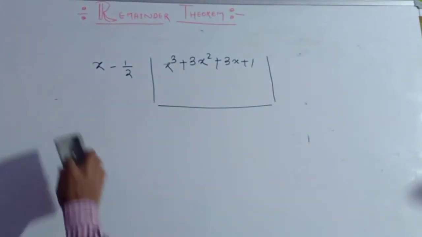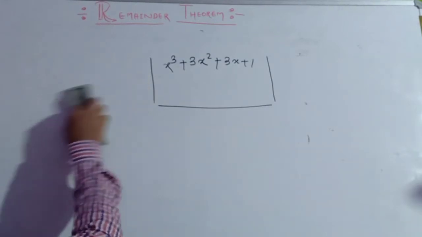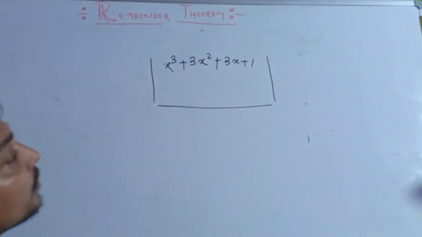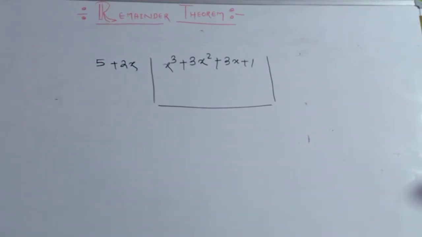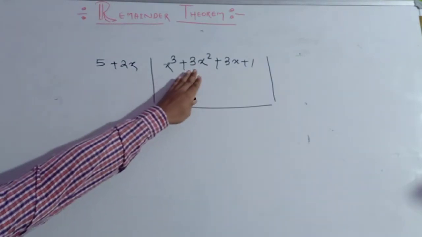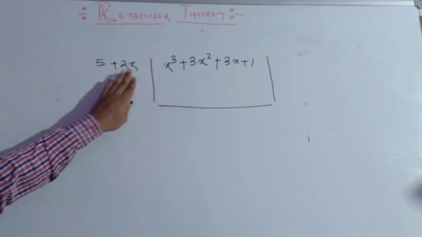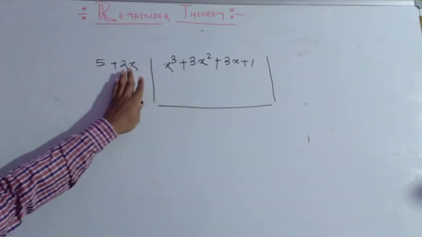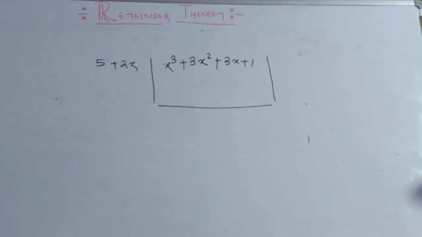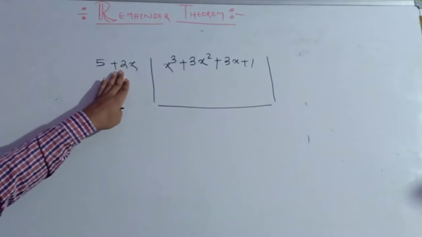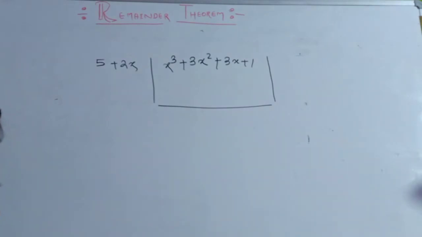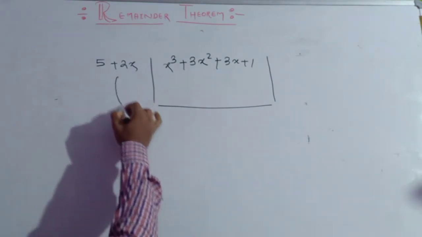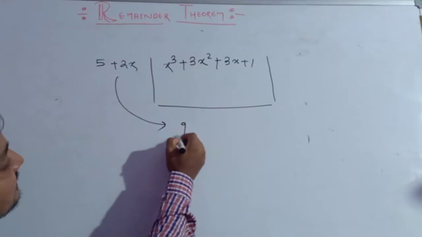Another question you just have to see. Here is the polynomial, and the divisor is 5 plus 2x. I said how to do the checkup. First you have to check the degrees: the polynomial's degree is 3 and the divisor's degree is 1. 100% the degree of the polynomial is greater than the degree of the divisor. Second, you just have to check whether the divisor is linear or not. If it is not linear, then we cannot apply the formula. Understood or not understood? So for this, our first step is g(x).